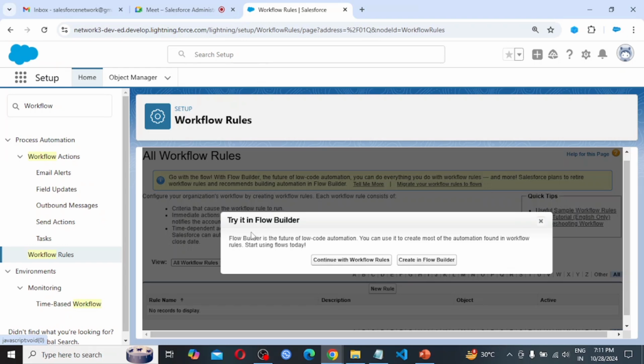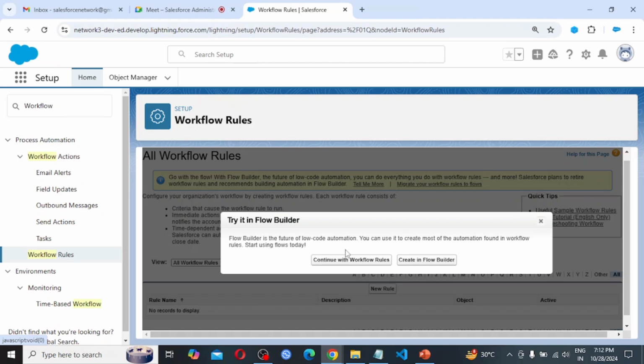Here we are getting one pop-up message: Try it in Flow Builder. Flow Builder is the future of low code automation. Flow is a new tool given by Salesforce. You can use it to create most of the automation found in workflow rules. Start using flows today.